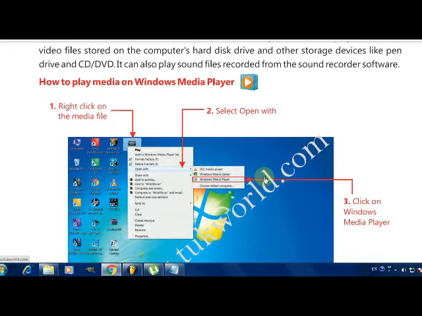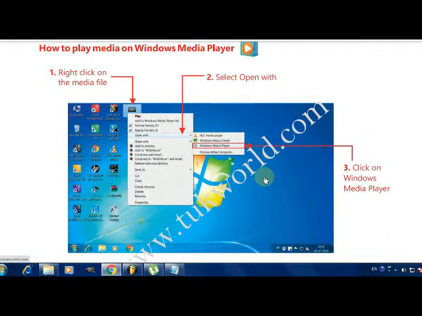If you want to play any media file on Windows Media Player, then simply you have to go to that media file and select it. It can be audio or it can be video. After selecting that file, you have to right click on it. When you right click, you will see a context menu or pop-up menu.